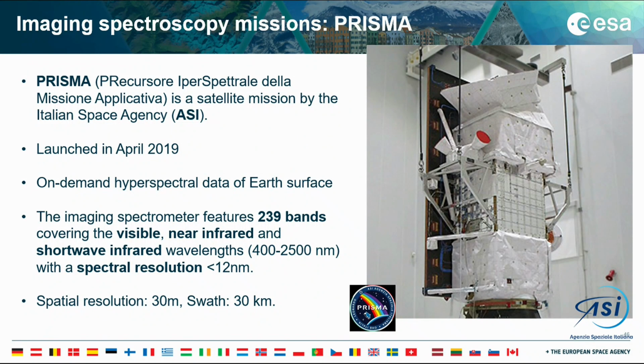This will be useful for the future satellite mission. So PRISMA is an imaging spectroscopy mission with more than 200 bands in the visible near-infrared and shortwave infrared, and the spectral resolution is lower than 12 nanometers, so we can resolve quite nicely the spectral features of snow and ice, at least better than multispectral